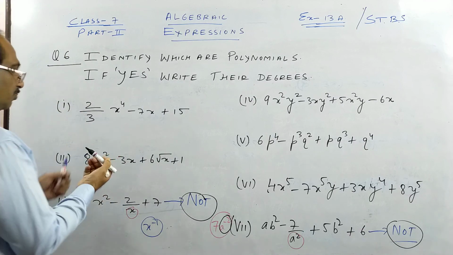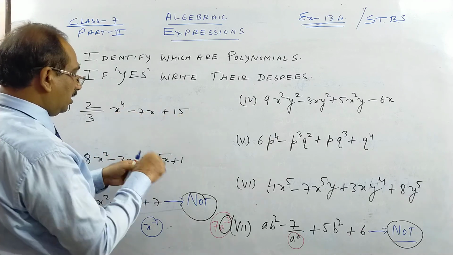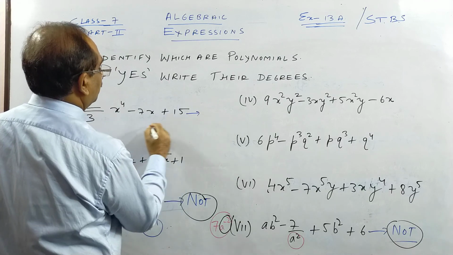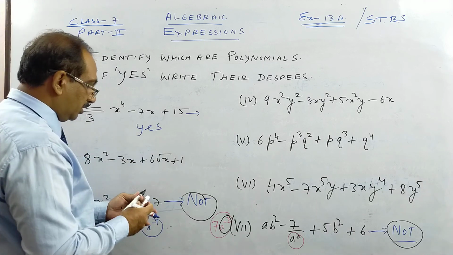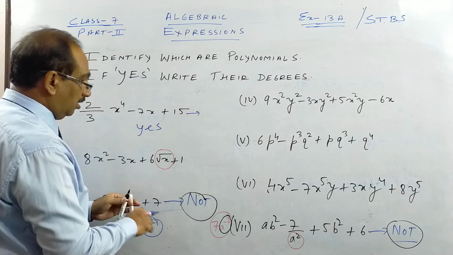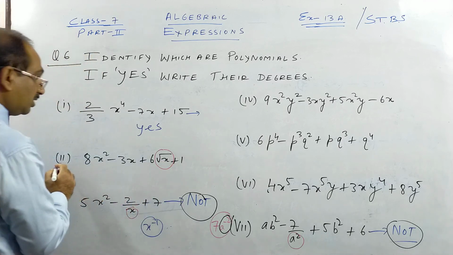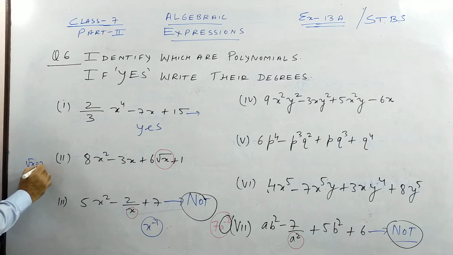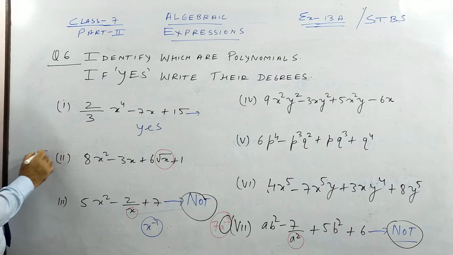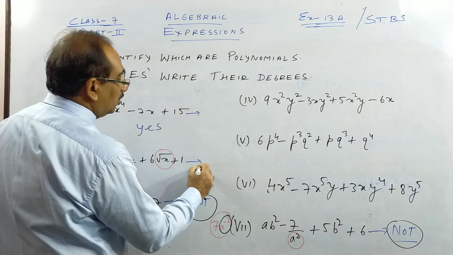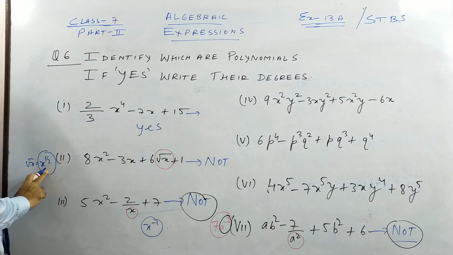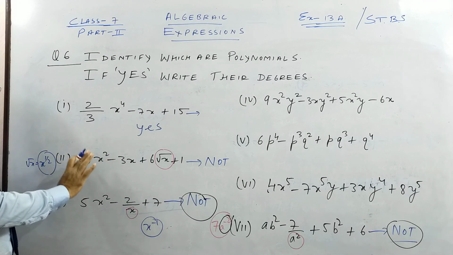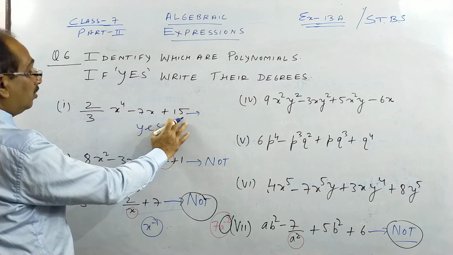Okay, here what is the highest power? See here children, first I'd like to write yes, this is a polynomial. Again here, this is also not a polynomial. I forgot, this was not in the denominator but a root. Root of x, as you see in indices, is power half, cube root is power 1/3. So this is a fractional power, so this is not a polynomial. You cannot have a fractional power. It should be a positive integer including 0, so a whole number should be there in the power: 1, 2, 3, 0 also. Constant means x's power is 0. Okay, I'll show you.